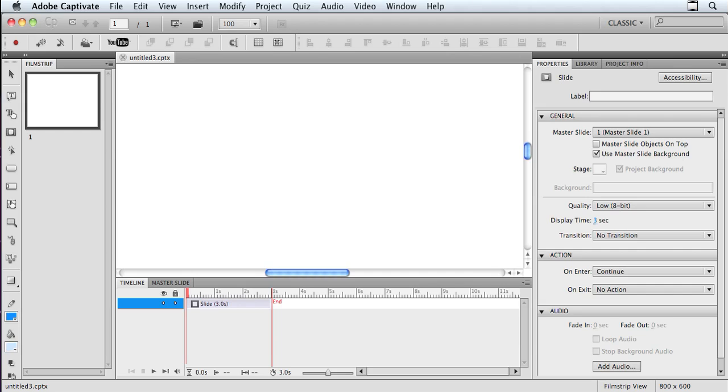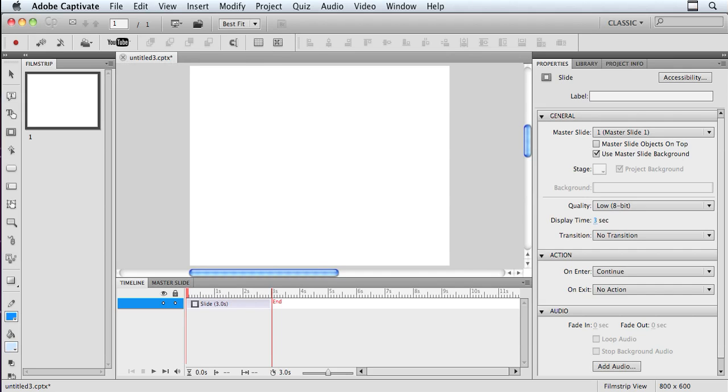First of all, I'm in a blank project. So this is my blank page that I have here, my stage that I'm working on. And I'm going to go down here and grab one of my drawing tools. I'm going to use my rectangle tool. Now I want to show you first of all, before I hop into that, some of the buttons that are